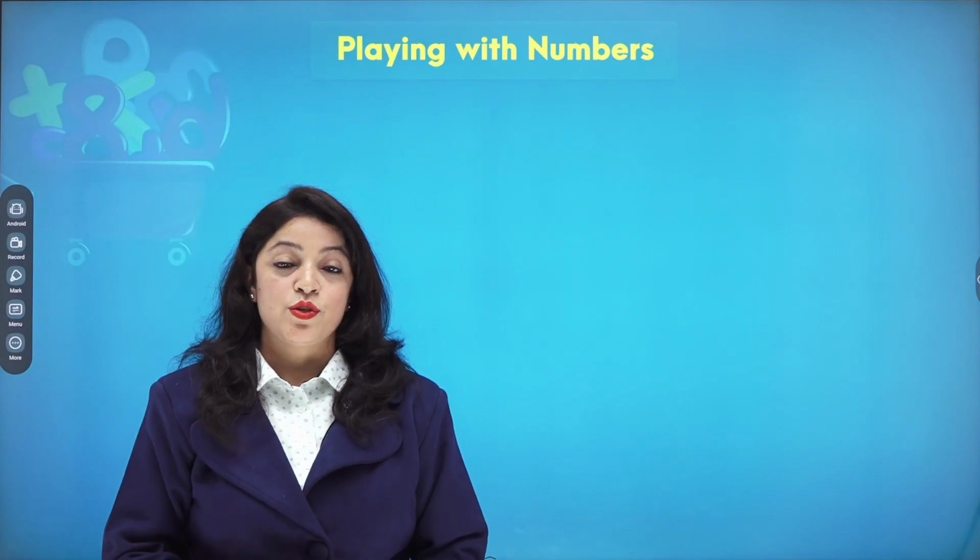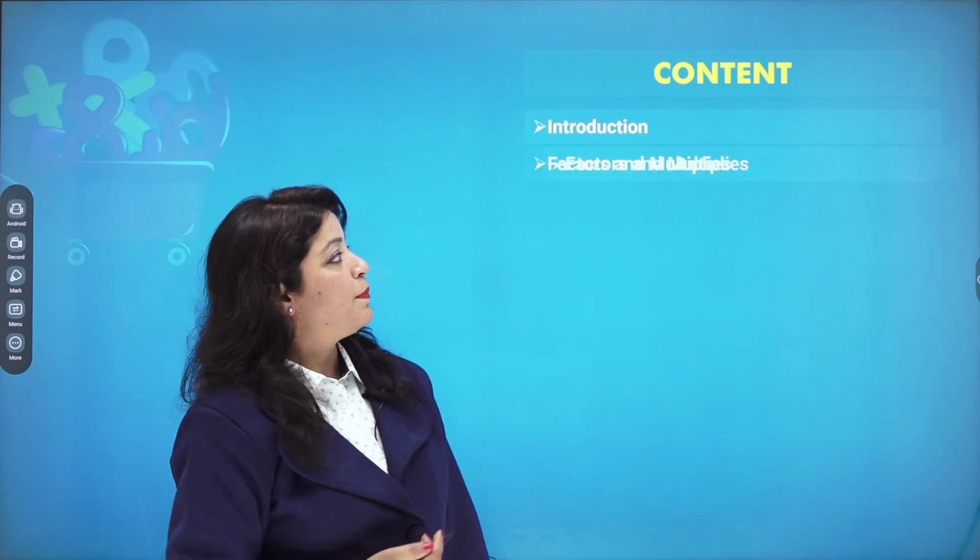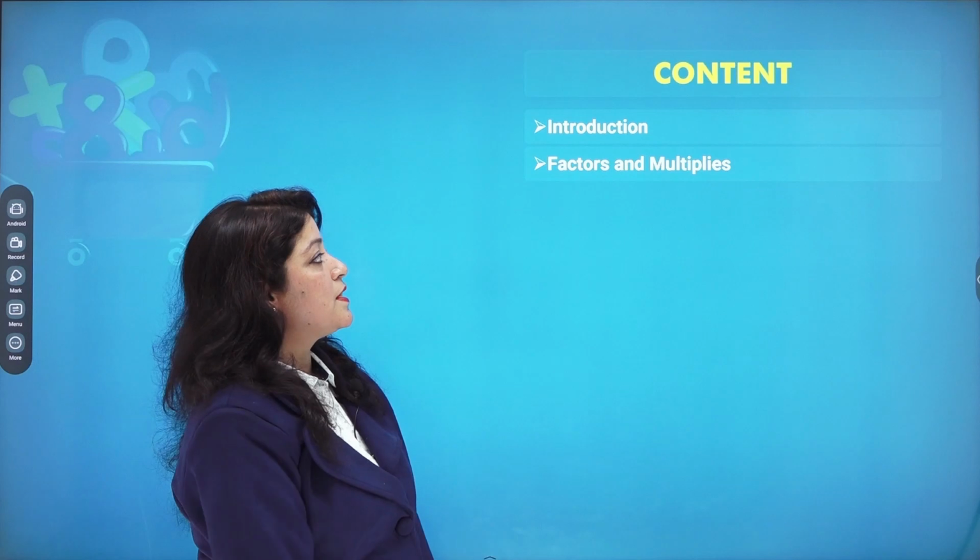Hello everybody, today we'll begin with chapter number 3, playing with numbers. In this chapter, we'll cover certain topics, which includes the introduction of the chapter, then factors and multiples, then we'll